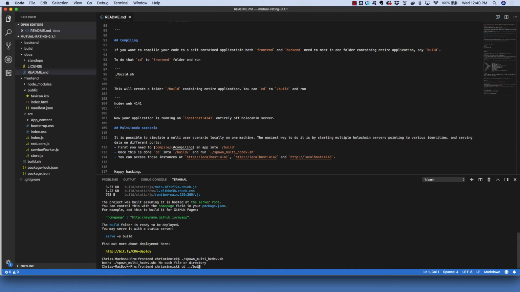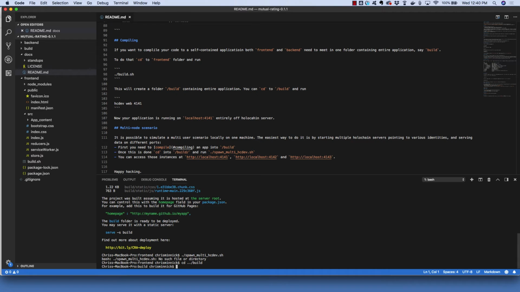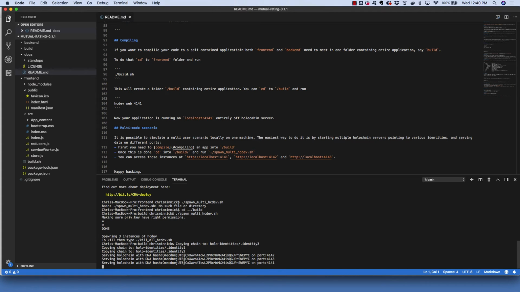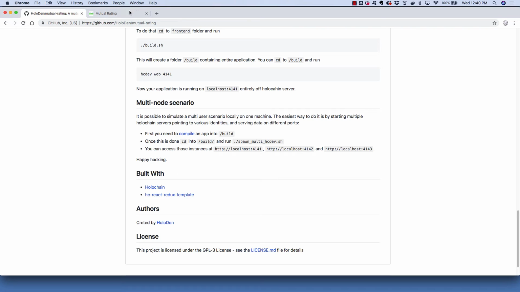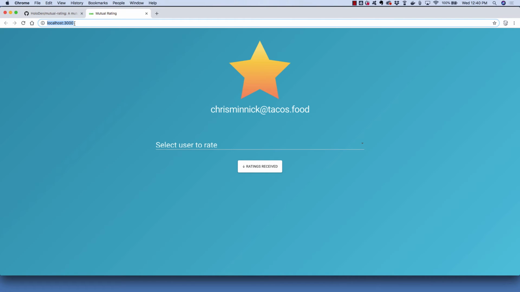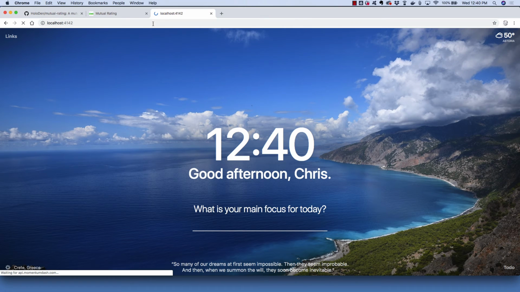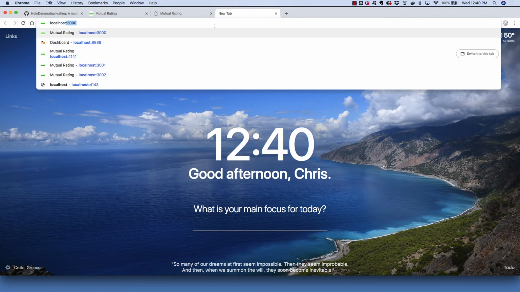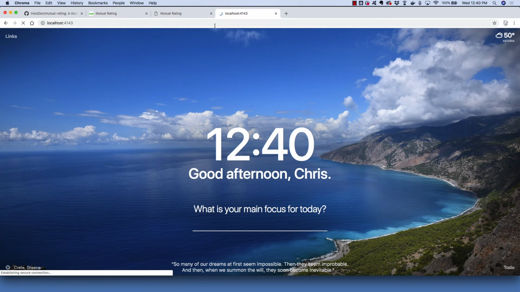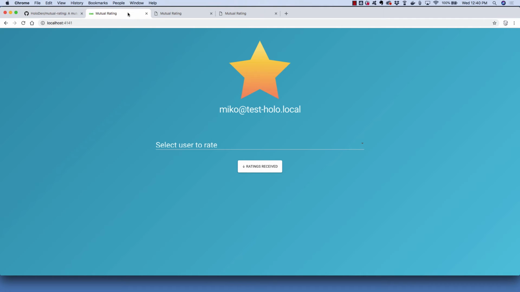Make sure that you're in the build directory, and then run spawn multi-hcdev. You'll have 3 instances of the application running, and then you can go back to your browser and go to localhost port 4141, and in another tab go to localhost port 4142, and then in another tab go to localhost port 4143. Now you'll see that you have 3 different users running,